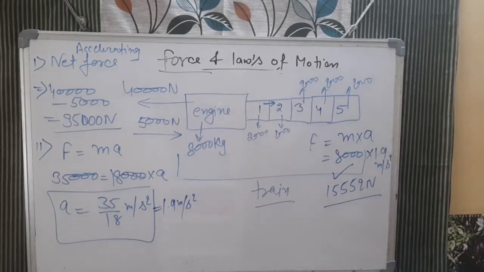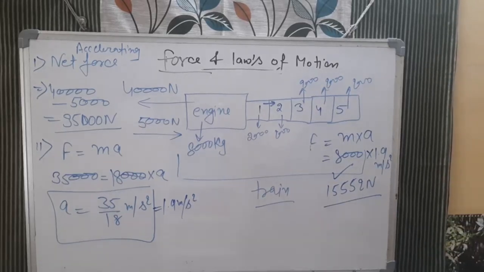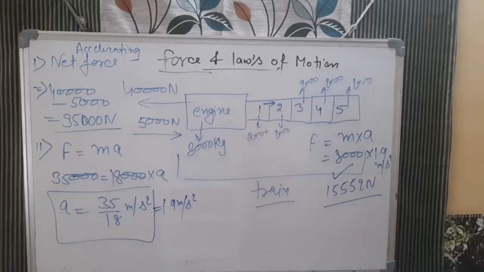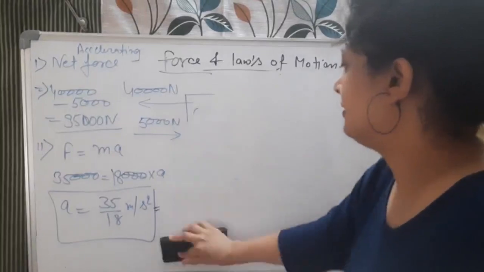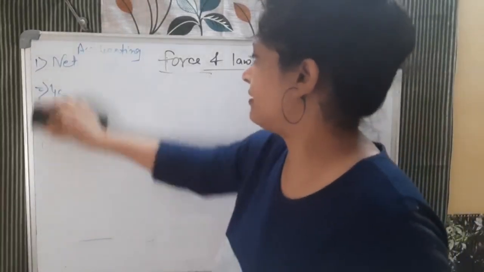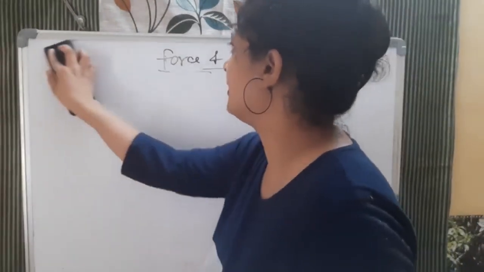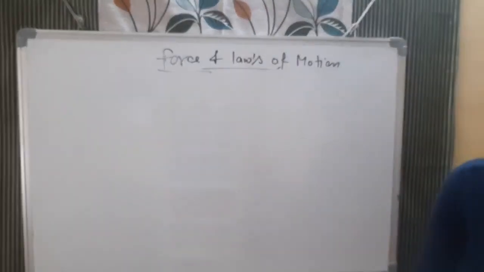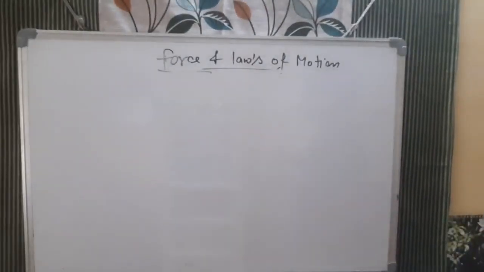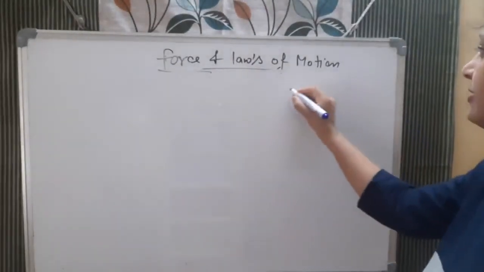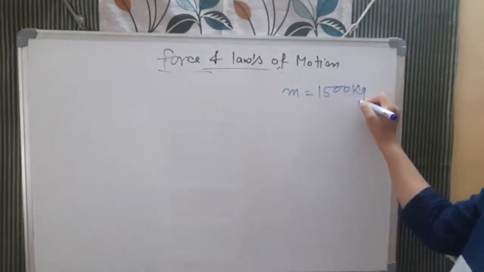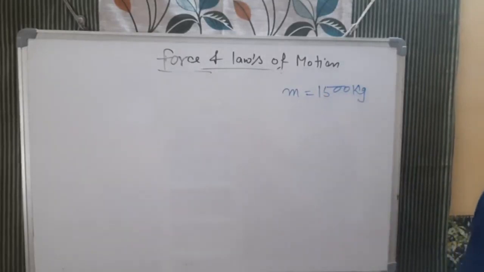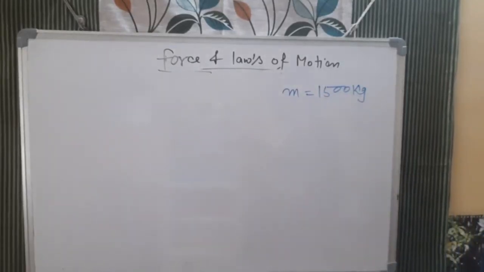Okay, so now the next question, question number 8, is saying an automobile vehicle has a mass of 1500 kg. Physics numericals are the interesting part. So an automobile vehicle has a mass of 1500 kg. One vehicle is there, that mass is 1500 kg. Got it. Then the next part is what must be the force between the vehicle and the road if the vehicle is to be stopped.